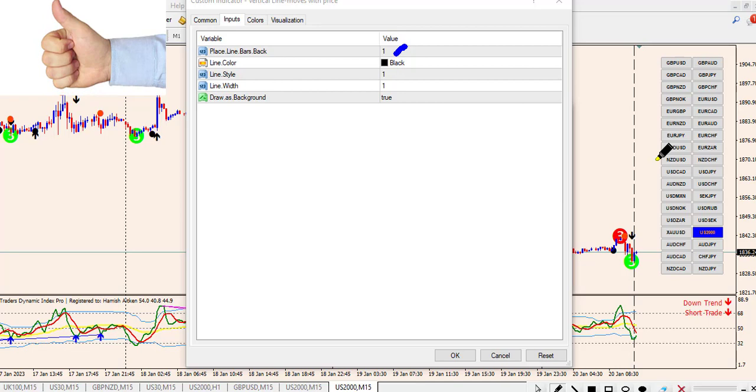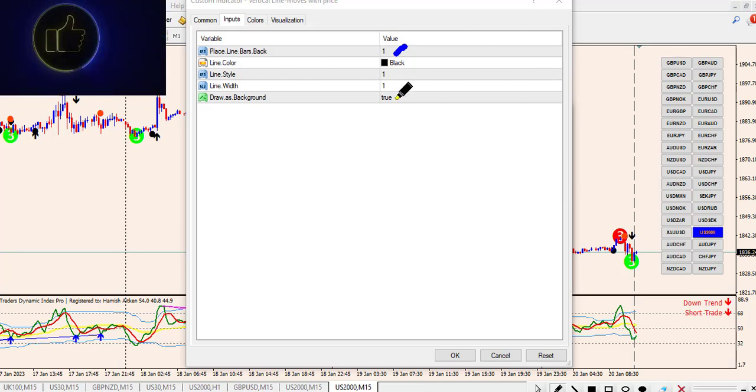It will be easier to place trade at that particular point. So this is how to use this. This is just the setting, and you can change the color if you want, but I'm using black so that I can see it clearly on my chart,